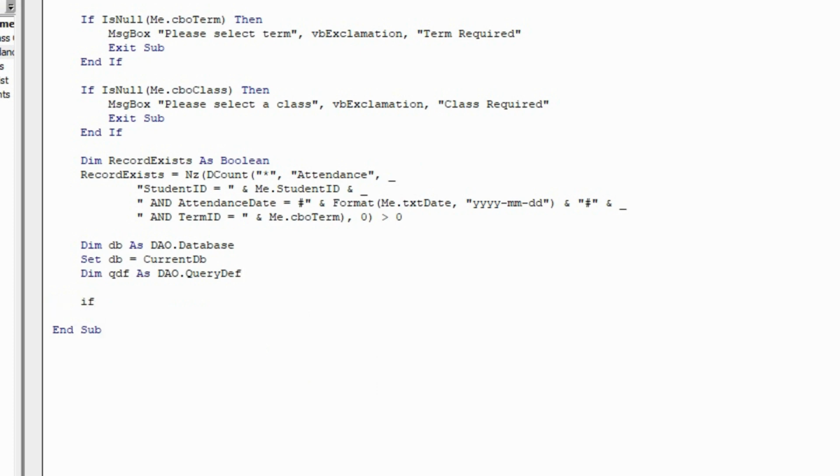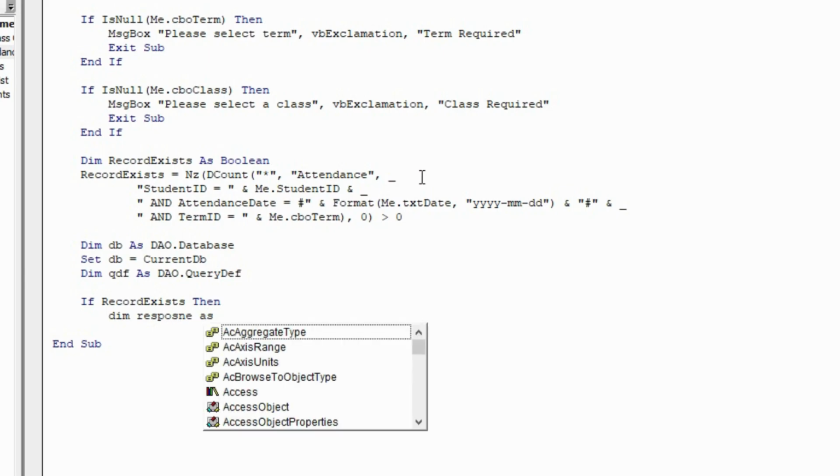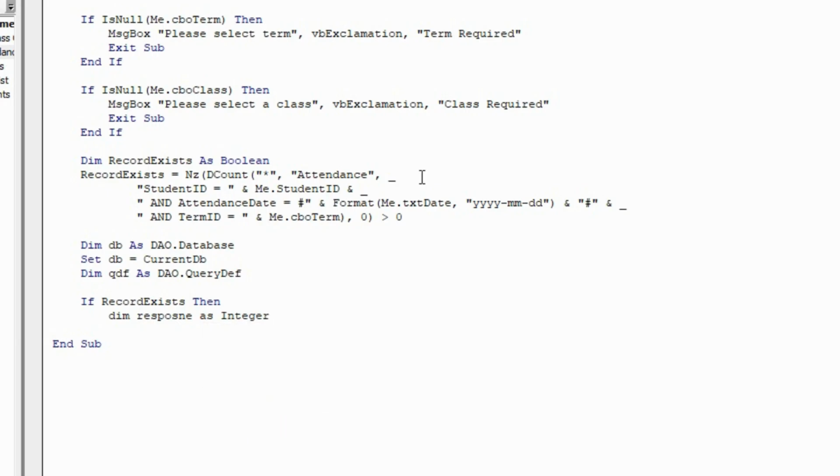So if recordExists, then response as integer, response is equal to message box